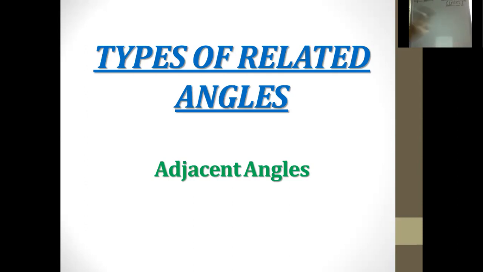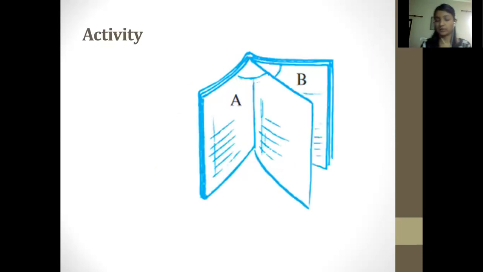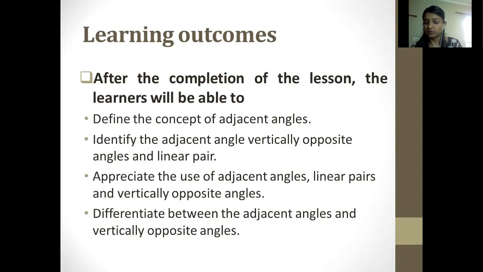This is a type of related angles which I have written in blue color, but our topic for today is adjacent angles. Yes, we will be learning about the adjacent angles. So what are the adjacent angles actually? You can see from this image also, this angle A is formed here and angle B is formed here. So angle A would be adjacent of angle B. This is how we would be denoting them, that is angle A is adjacent of angle B.